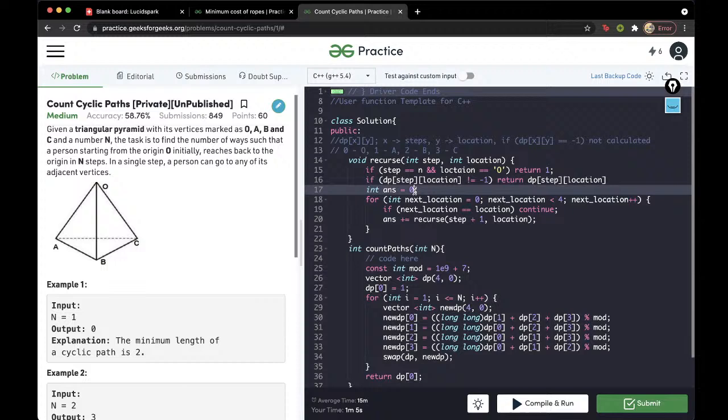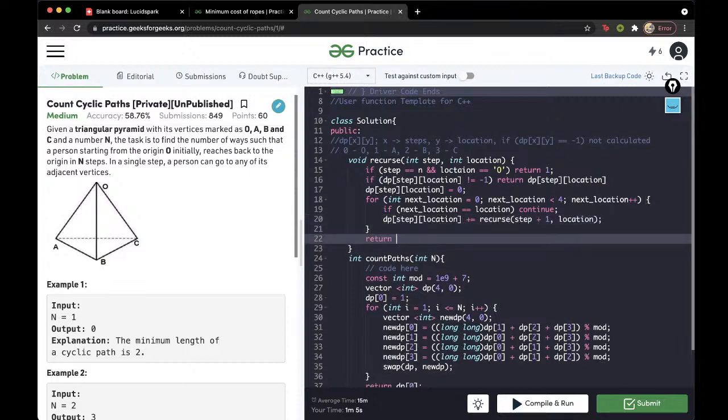Right, so instead of answer you can just make it as dp of step, like you're just storing the answer in this variable in dp of step comma location, right, and you return it, dp of